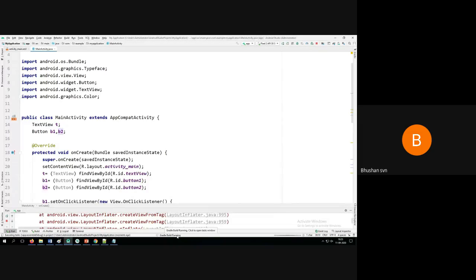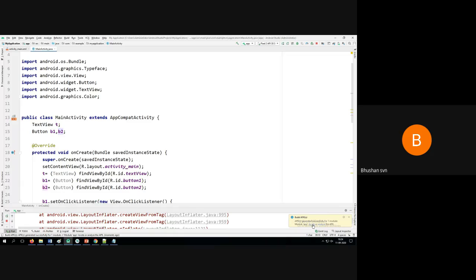It's a utility which helps to generate all the related files, and one of the important files is JSON. On the bottom right you can see that the APK is generated successfully for one module.